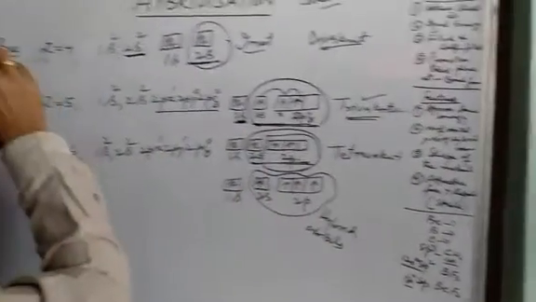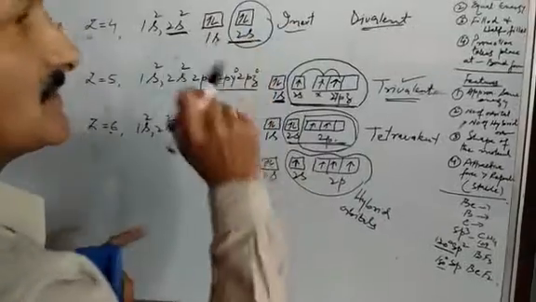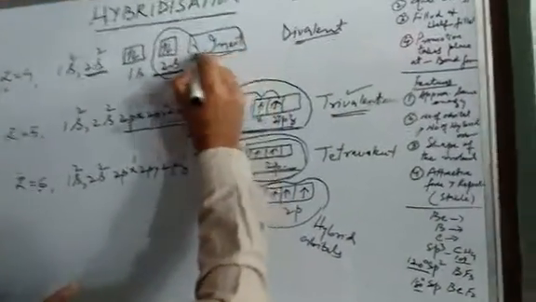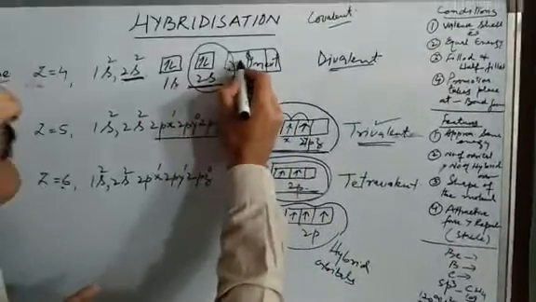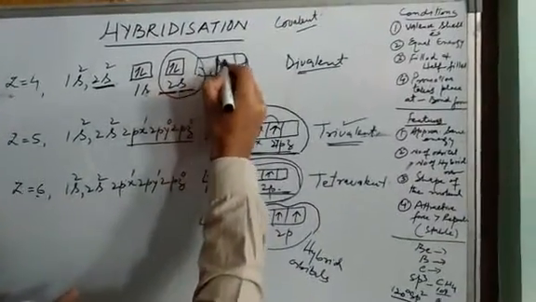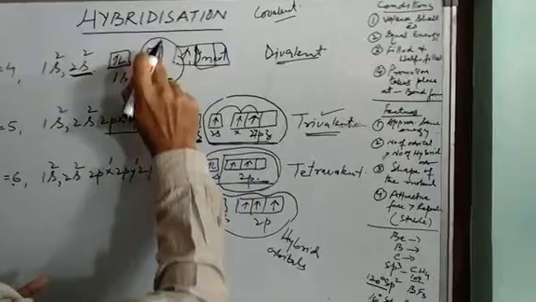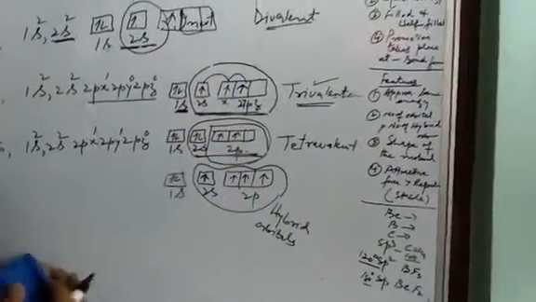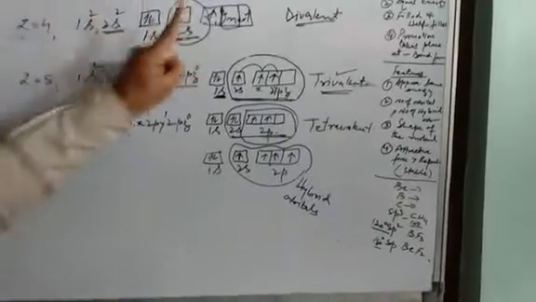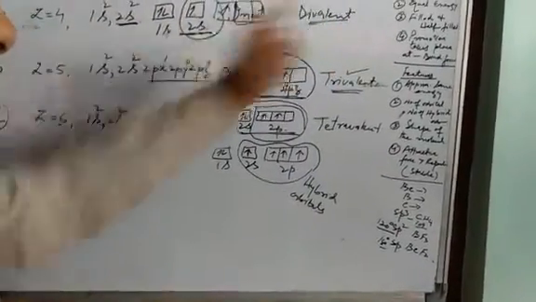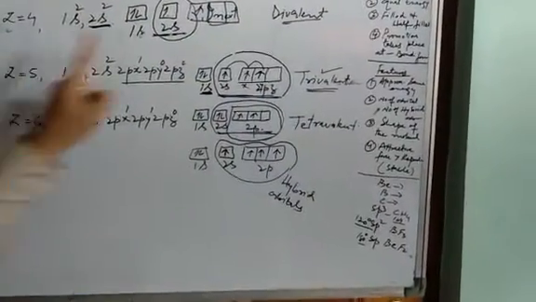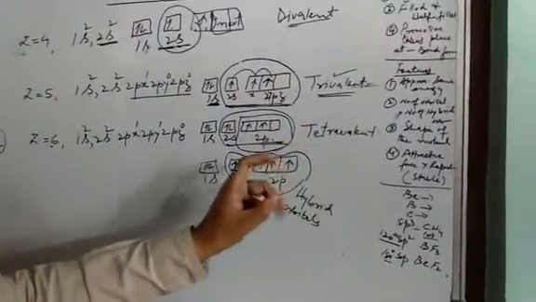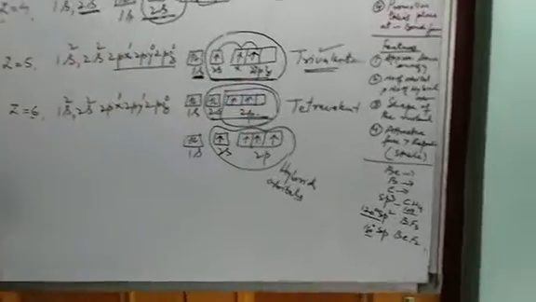And then coming to beryllium. Beryllium is not inert. It is always divalent. So what will happen? These electrons will move. This one electron will go to 2px and it will remain 1. So how many half-filled? 2 half-filled. So 2 half-filled means it is divalent. So your beryllium is not inert. It is divalent in its compounds. Similarly, your boron is trivalent in its compounds, and your carbon is always a tetravalent element in its compounds.